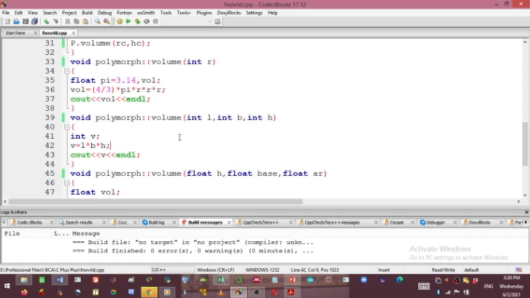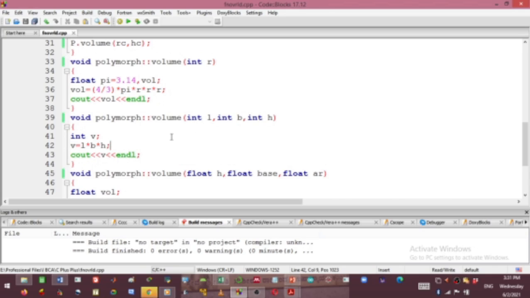But if we put float L, float B, and float H here, and also float height, float base, and float area, two functions with the same data types and the same number of parameters will not be considered function overloading. They will clash with each other.